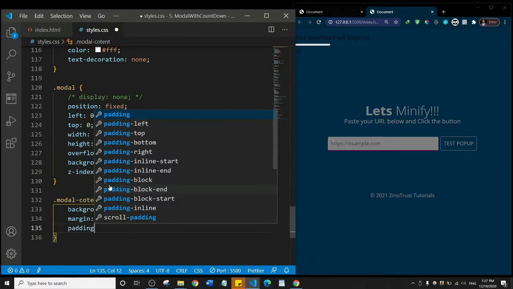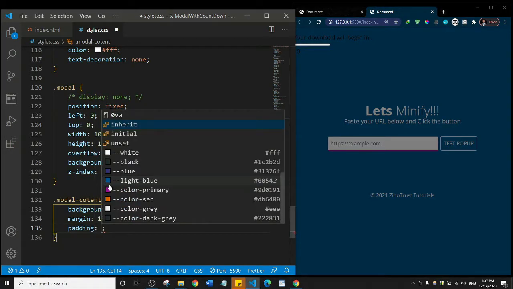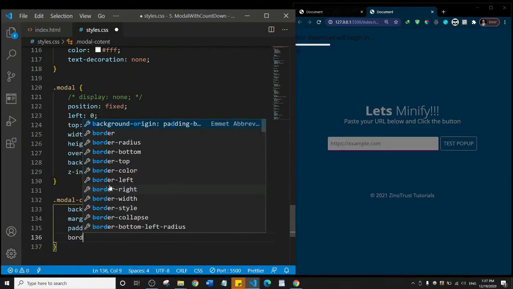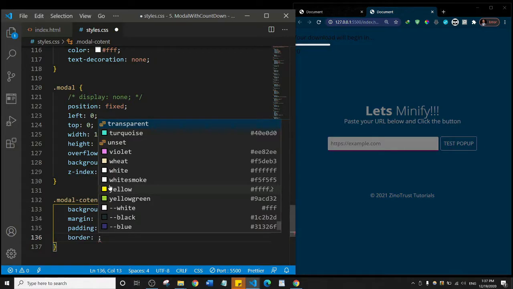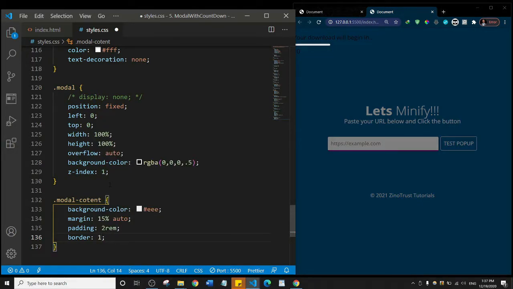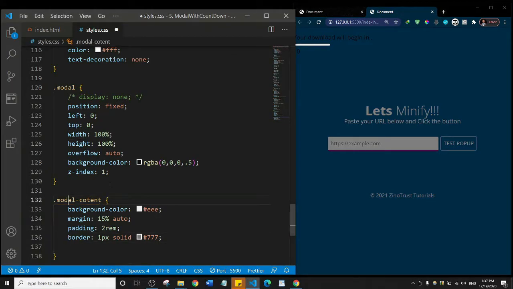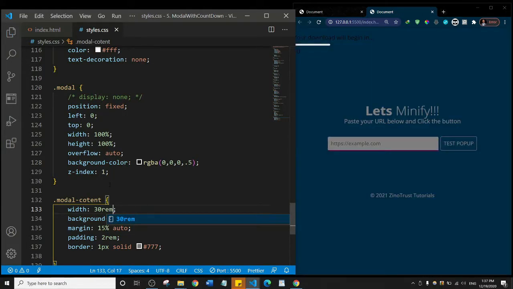Let's do some padding of 2rem, and let's add some border. I'm just going to do 1px. Let's give it a width. I'll put the width as the first property, of 30rem. Okay,